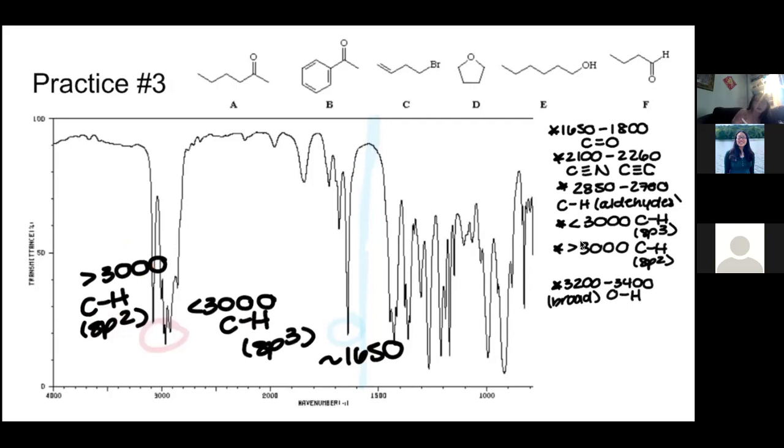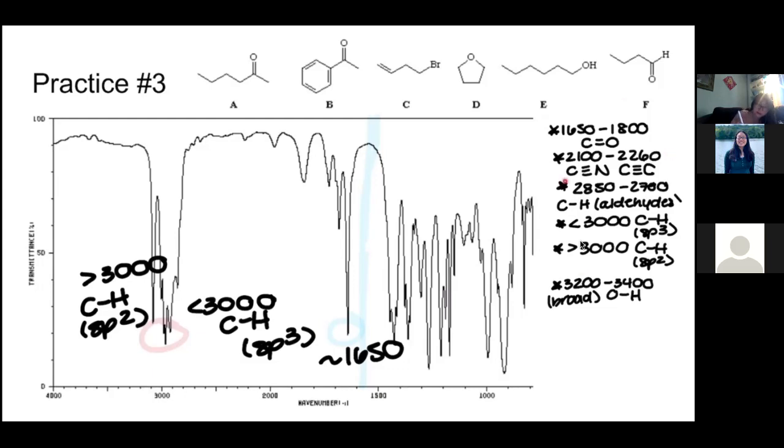Remember, if you're not sure whether this corresponds to sp2 or sp3, you can see if there's a carbonyl. In this instance, we're not going to see anything that looks like a carbonyl, so we are probably good to go. And so the 1650 is a little bit rarer, but if we go ahead and look at,